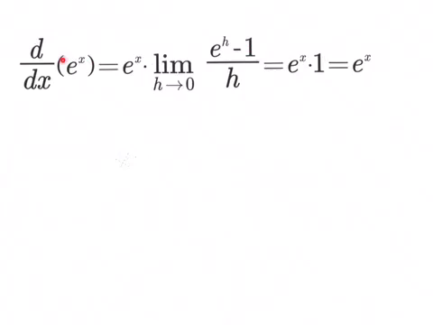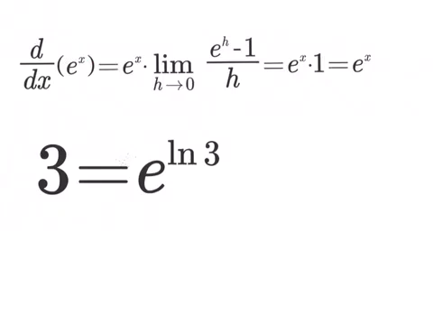So how does this help us to figure out that the multiplier is going to be the natural log of the base? Well, let me remind you of something that you probably learned in pre-calculus. For example, that 3 is equal to e to the natural log of 3. What does that mean? Well, remember what the natural log means. The natural log of 3 represents the number that you have to raise e to to get 3. So when I raise e to the number that I have to raise e to to get 3, I'm going to get 3. Okay,